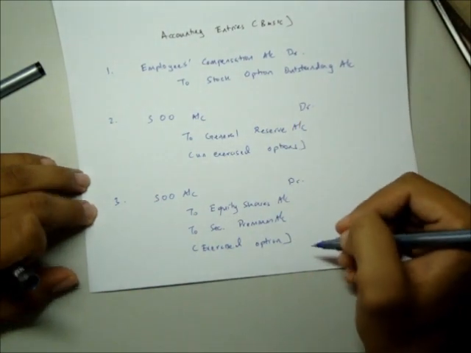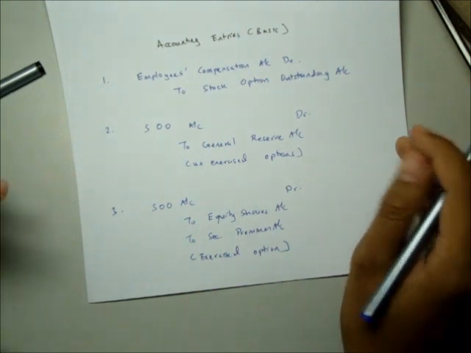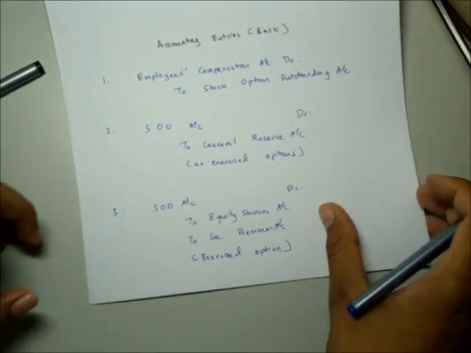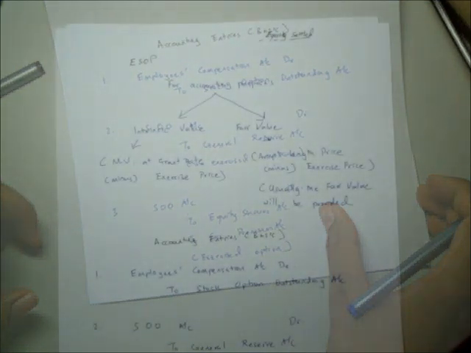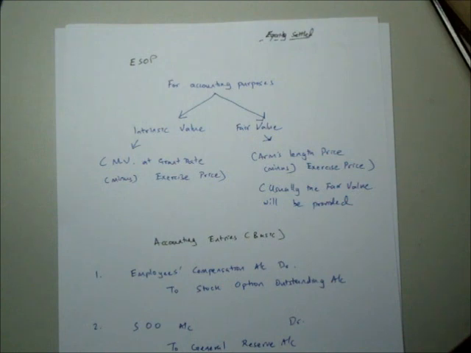The third one is also to be passed on the exercise date, and it is a stock option outstanding account to equity shares account to securities premium account. So that is the issue of the equity shares. Okay, so the basic construction of this employee stock option plan would be that the company will be issuing the